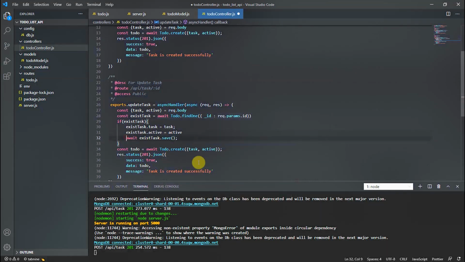Okay, and we will store that data in updatedTask. So which data is actually now updated, this will be returned in this variable.